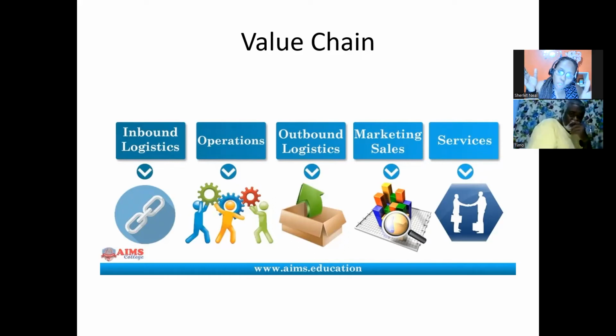What is considered when we look at your inbound logistics for a service provider? Your design, your storage, what are the features that you're designing? You have to consider how you are going to get your business off the ground.